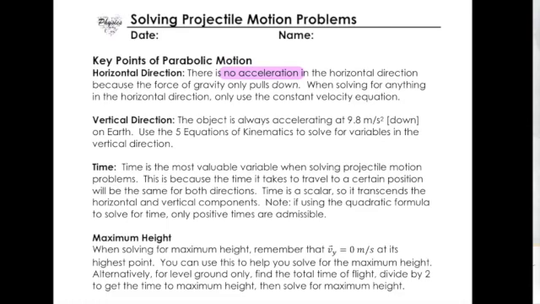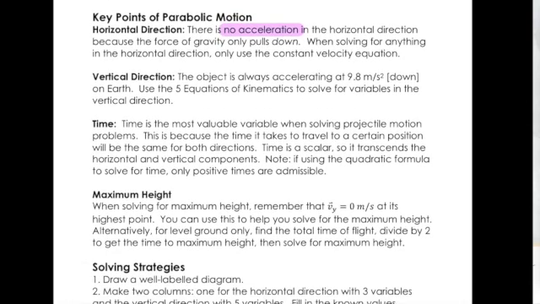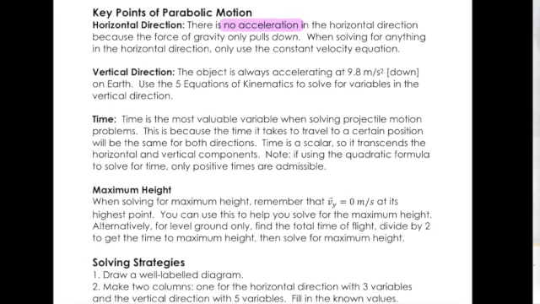Now in the vertical direction, the object is always accelerating, and it's always accelerating at 9.8 meters per second squared down. So depending on how you set up your cardinal directions, if down is positive, you'd have positive 9.8. If down is negative, you'd have negative. And then we'll be using the 5 equations of kinematics in order to solve for the variables in the